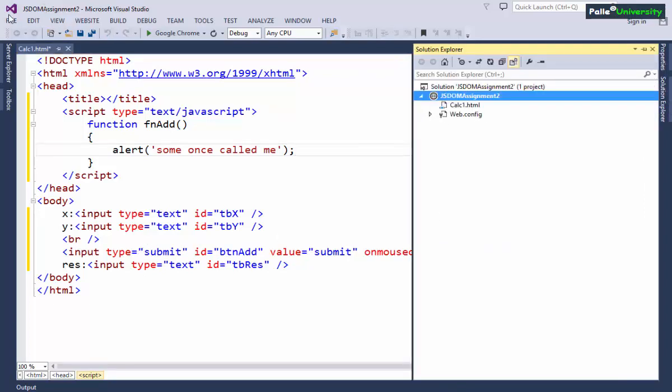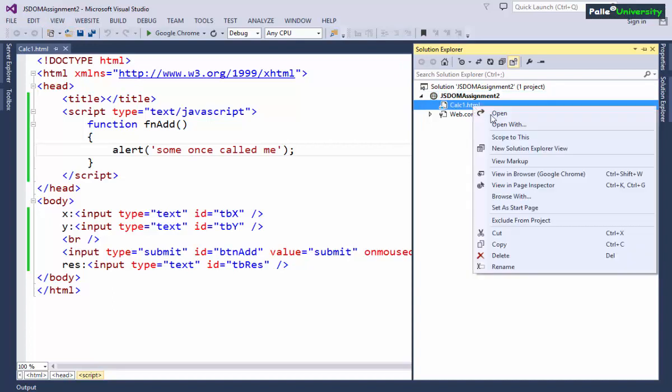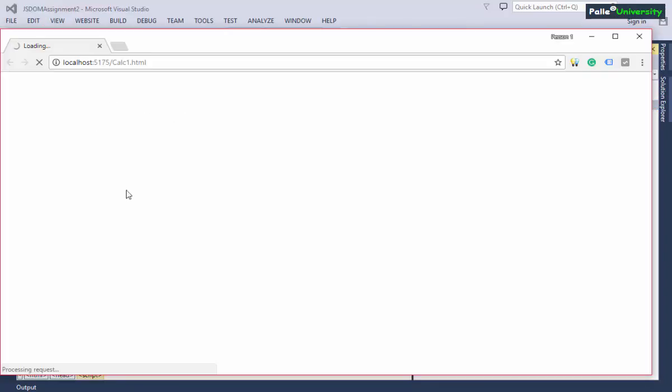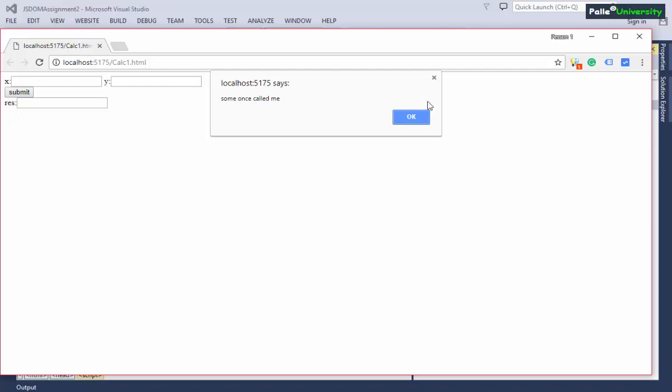So what I will do here is I'll save this code. I will send this code to the browser. Now my browser will be receiving the calc1.html page output. Once the browser receives the calc1.html page output, now I have to just move the cursor on top of the submit button. You observe, I'm just trying to move the cursor on top of the submit button. Slowly I'm moving. Call is coming or not coming? Obviously yes. Someone called me. I have typed a spelling mistake over here, but anyhow it is fine.